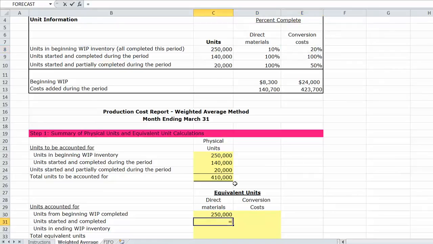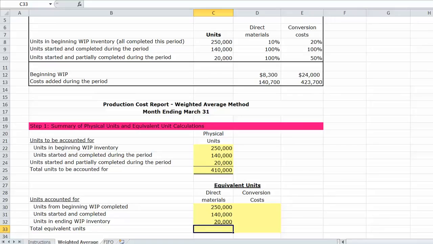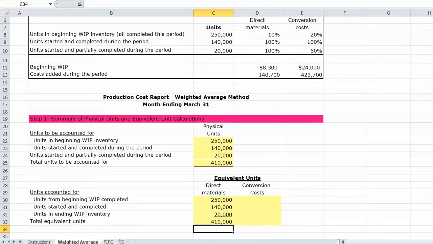Units started and completed, that was an additional 140. Ending work in process, 20,000 units, and those are, in this case, 100% complete. So our total equivalent units for direct materials, 410,000 equivalent units. For conversion cost, again, anything started and completed or anything transferred out is 100% complete, so 250